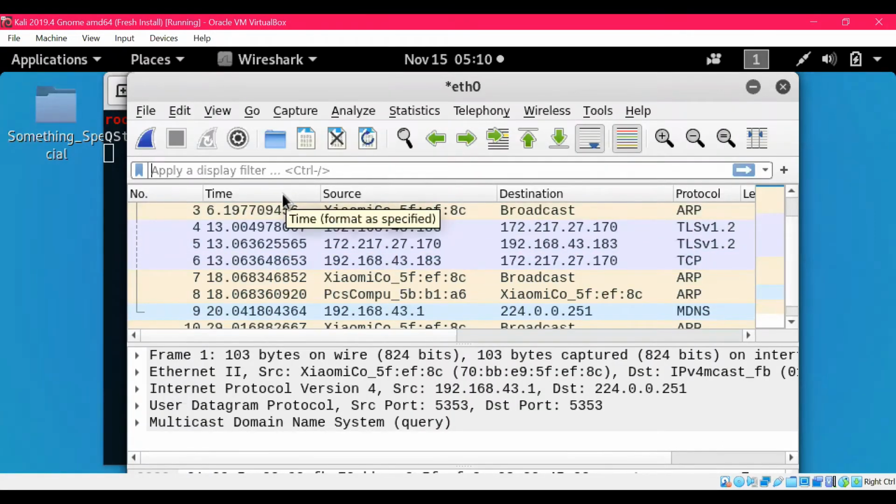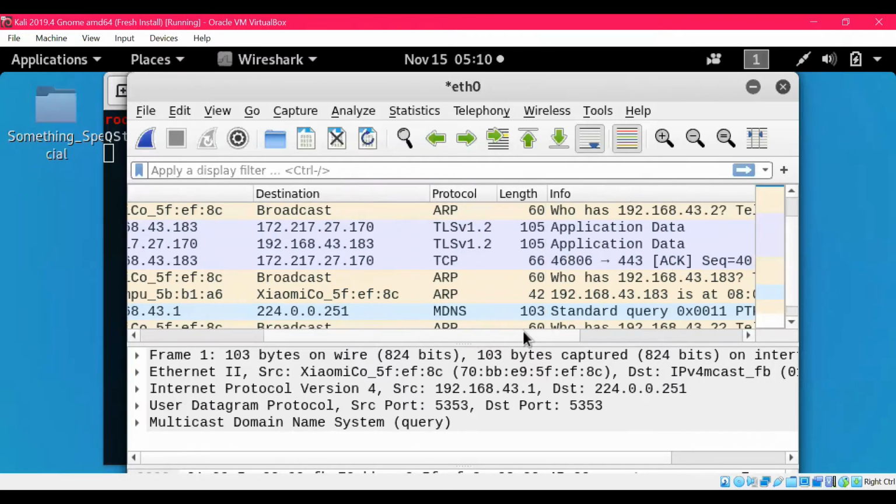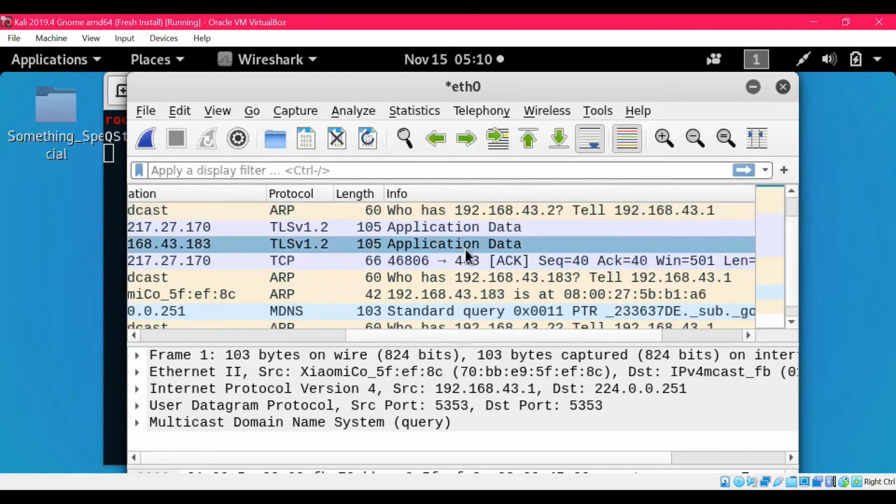So that was time. And now here we can see the source, that is the IP address, and then we can see the destination, again the IP addresses. We can also see the protocols that were being used, like ARP, TCP, DNS, etc. Then the length will tell you the length of the actual packet. Info has some information which is probably one of the more important pieces of data that we will be using to analyze.